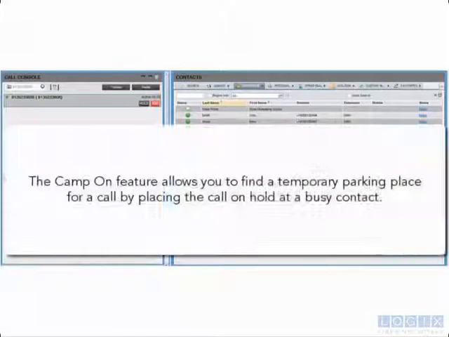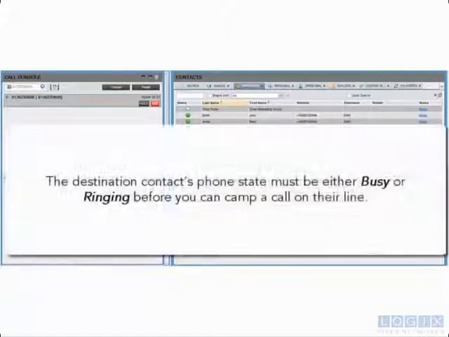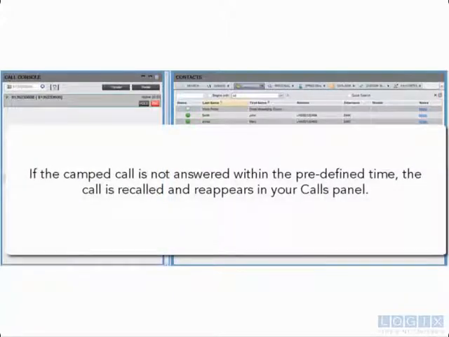The Camp On feature allows you to find a temporary parking place for a call by placing the call on hold at a busy contact. The call is automatically transferred to that contact when they become available. The destination contact's phone state must be either busy or ringing before you can camp a call on their line. If the camped call is not answered within the predefined time, the call is recalled and reappears in your Calls